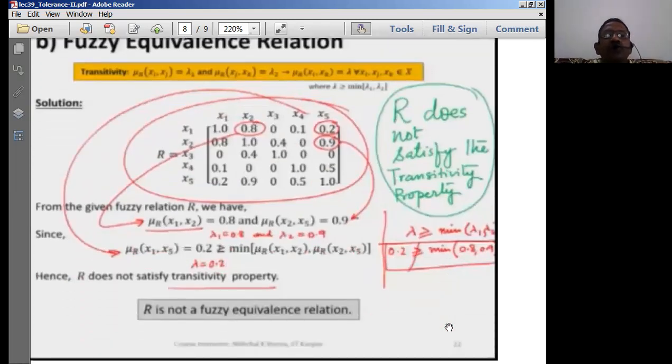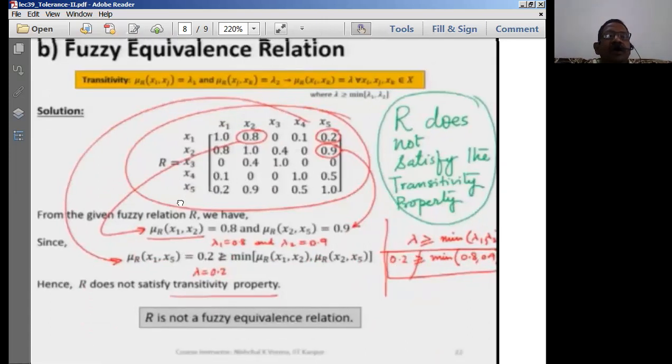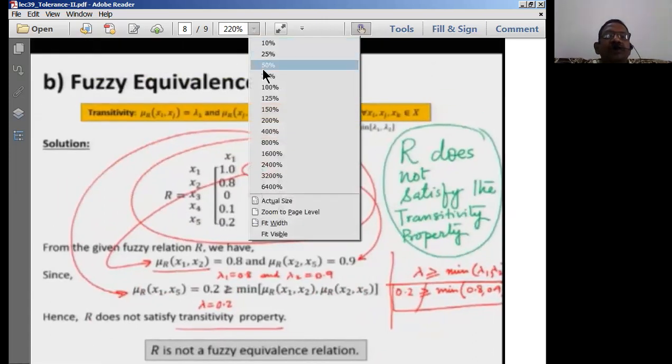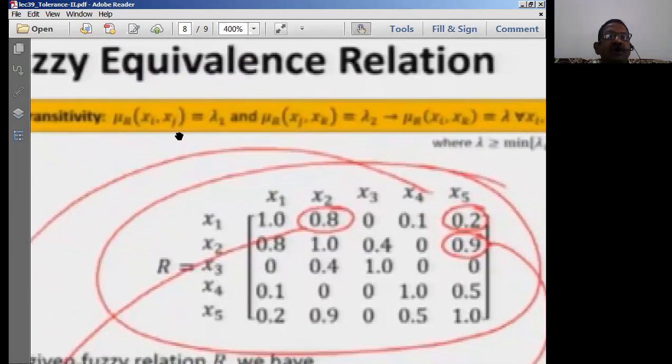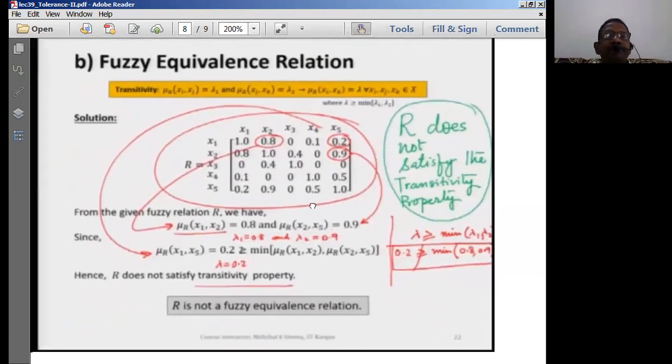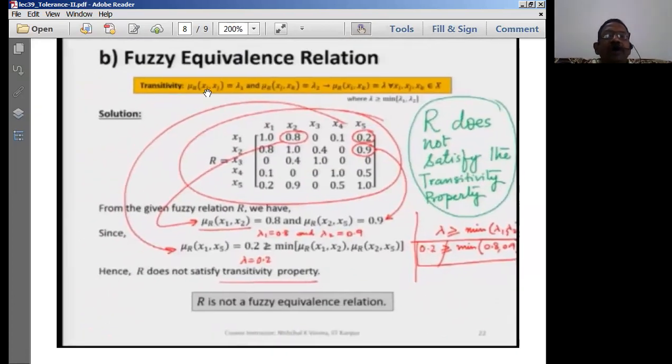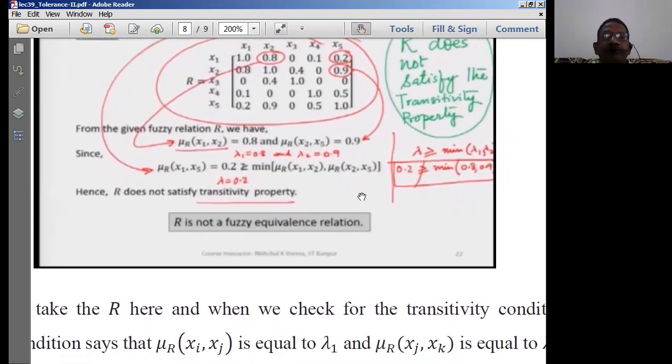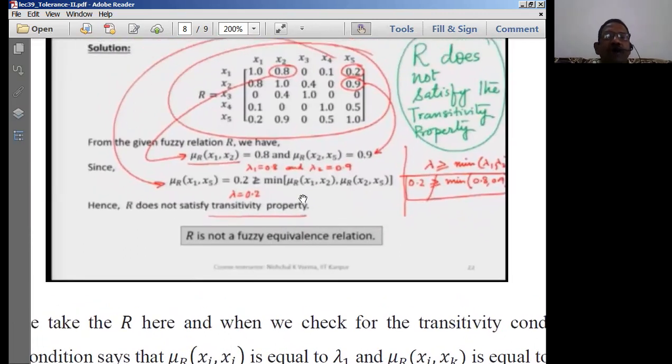So then next let us try to satisfy the transitivity property. Transitivity property means what? Mu R of xi comma xj should be lambda 1, mu R of xj comma xk should be lambda 2, and mu R of xi comma xk is lambda, and it should satisfy the condition that lambda should be greater than or equal to the minimum of lambda 1 and lambda 2. So when you verify this condition, you normally have a situation where